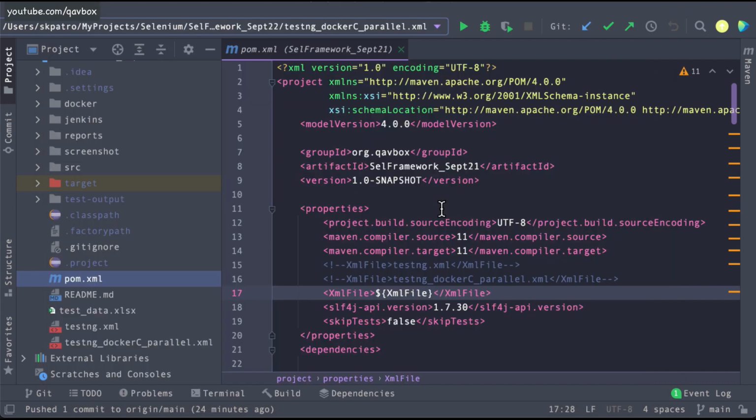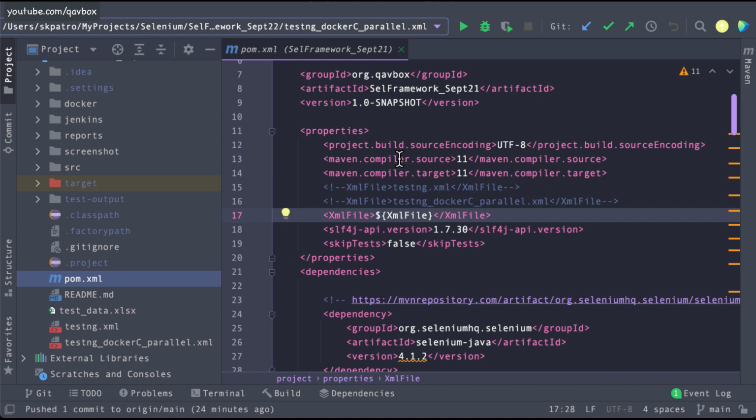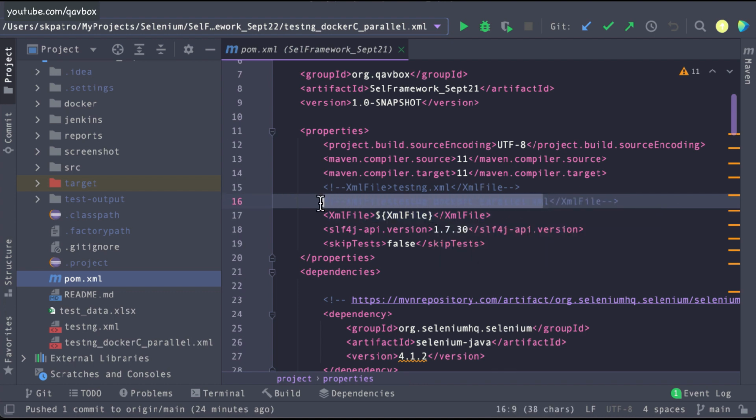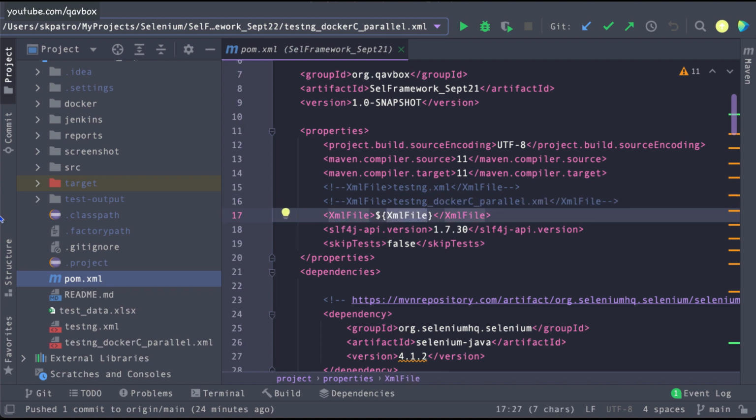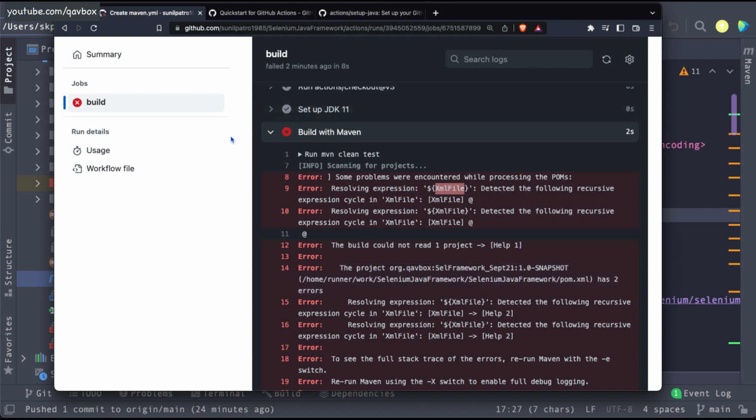I'll show you that. Now if you go to this pom.xml, into this XML file, we have specified this as a variable, but we haven't really hard coded anything. Here you can see I've commented because of our last session stuff. So what I can do here, instead of creating this particular command,